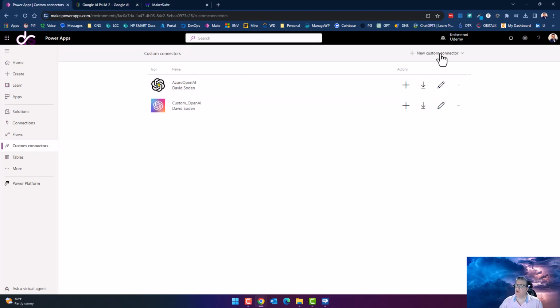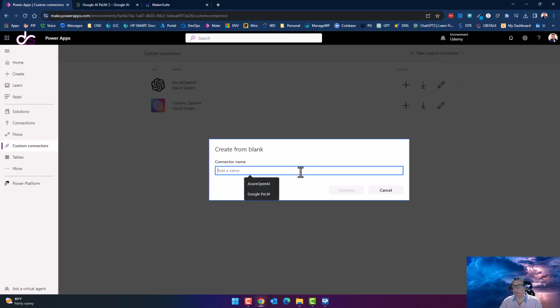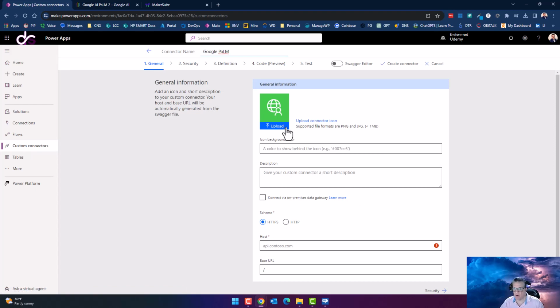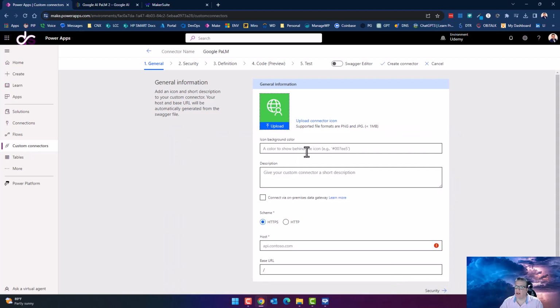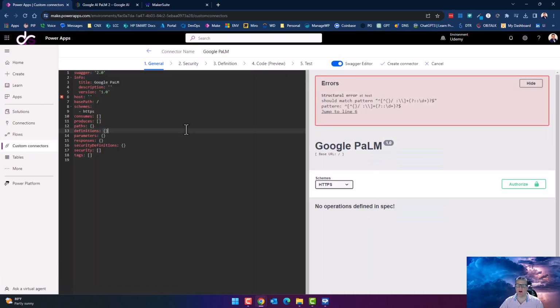So to do the Google one, all you do is come up here to New Custom Connectors, and you're going to create it from blank. And I'm going to call mine Google PaLM to keep the name very simple. I'm going to upload the icon PaLM that I've already downloaded, and I'm going to go ahead and upload and install this here. And with that being said, I'm going to jump over to Swagger mode, and I'm going